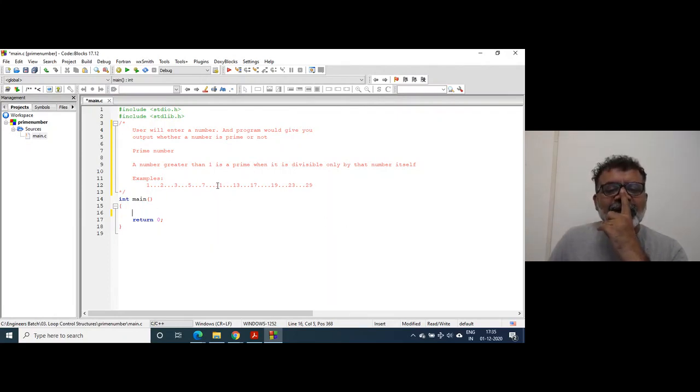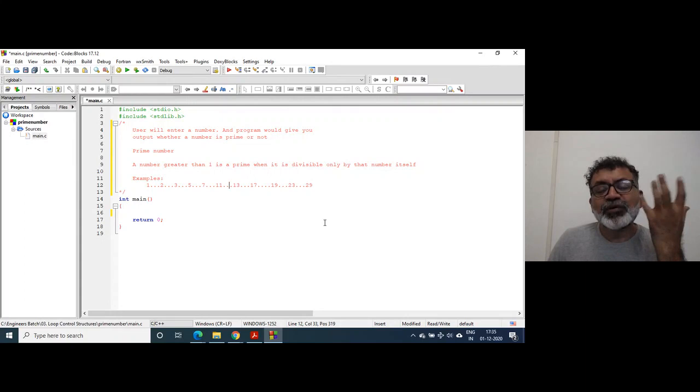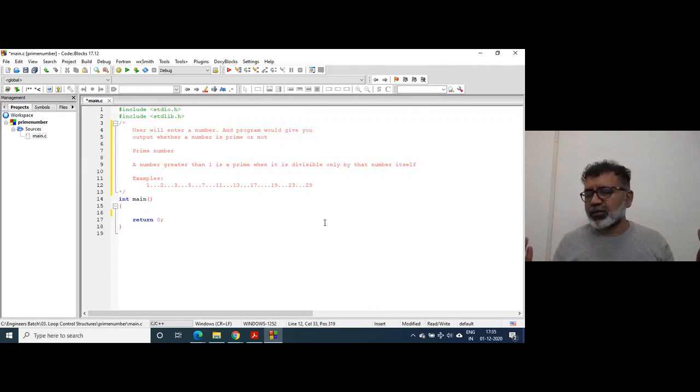So suppose we take 11 as an example, okay? Immediately we can say whether a particular number is a prime or not. The human brain can tell. But because it doesn't apply for large numbers, we don't know whether a random number like 78358 or 78361 is divisible by any number or not.